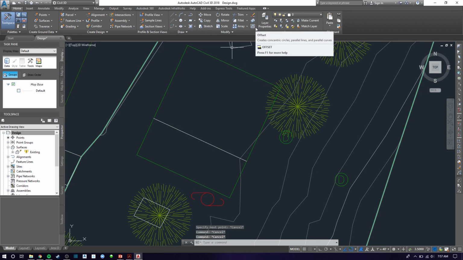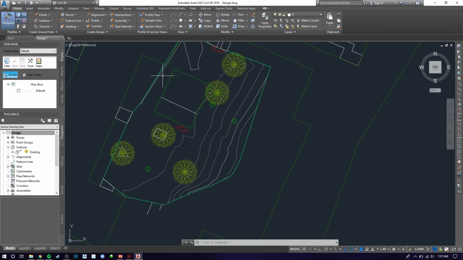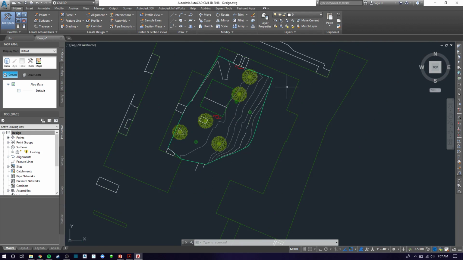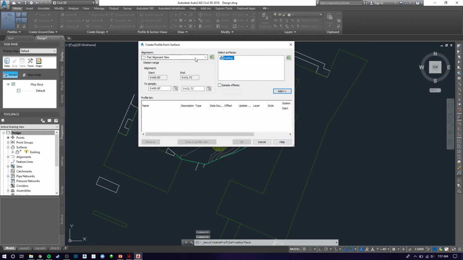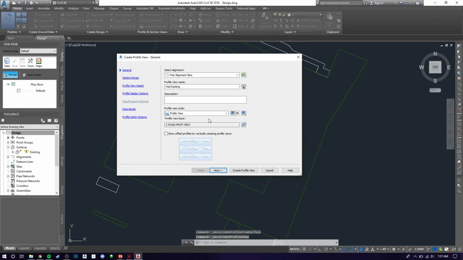So the next thing I want to do is start making profiles. I'm going to zoom out a little bit over here. So I want to do create surface profile. Alright, so I have pad alignment, new and existing surfaces. Alright, I'm going to hit add. I'm going to hit draw on profile view. Alright, so what we have to do here is